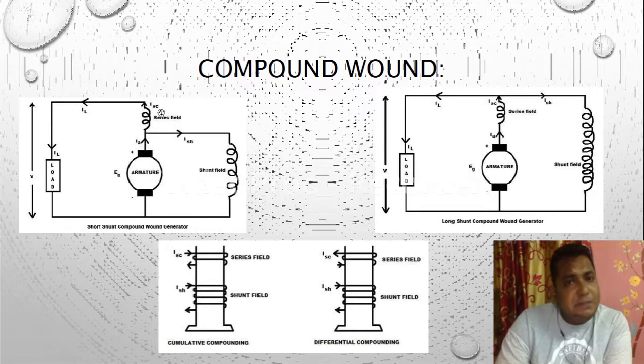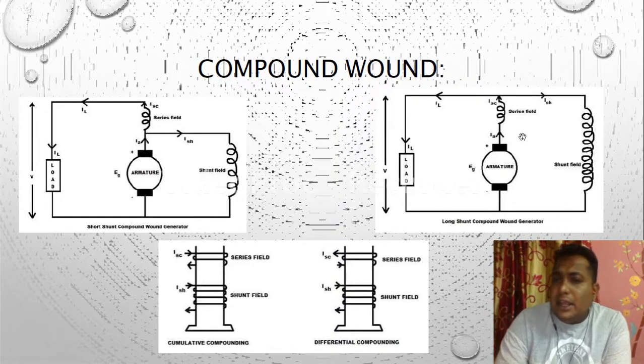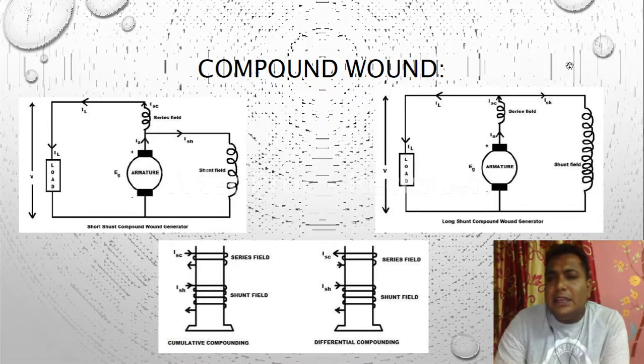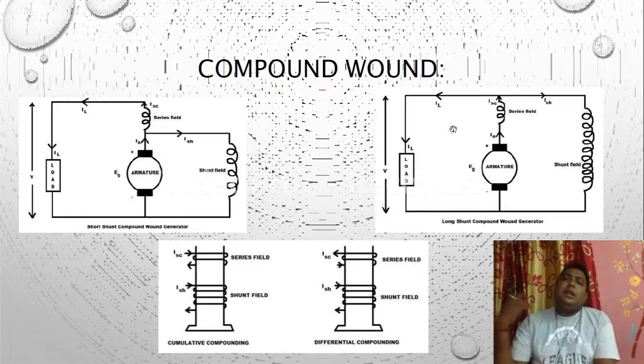One is the series part, second one is the parallel part or the shunt part. So this is the field winding section, and here also these are the same field winding section, and as you can see this is the armature. Okay, and in this left hand side diagram, as we can see, this is the short shunt compound diagram, and here it is a long shunt compound diagram. Already in the previous classes we have discussed those things.